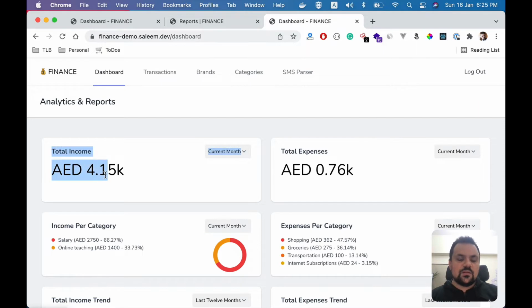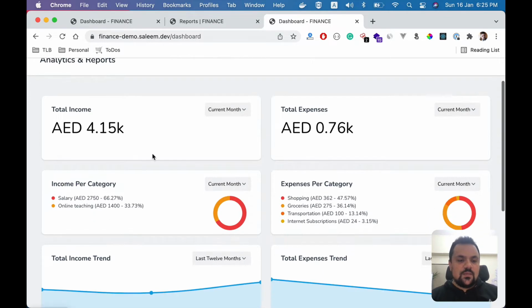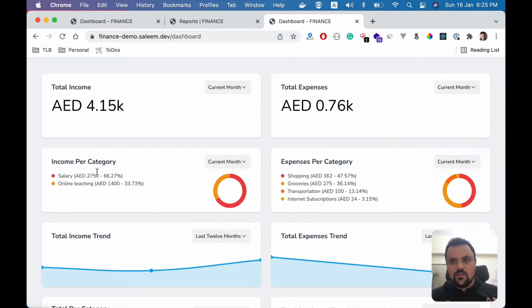So the first one here at the top left, total income, is the total income without specifying any category. So how much money you made in general for the current month, current year, last year. Same thing for the expenses. Those are straightforward values. And then moving on for further analytics, if you want to know, okay, for the income, how much